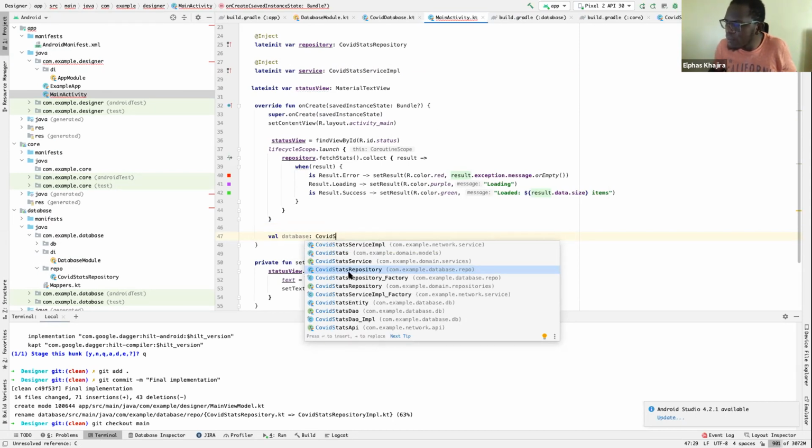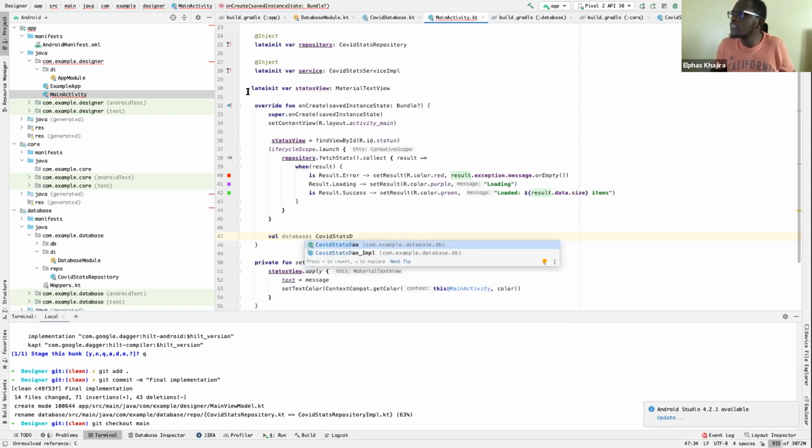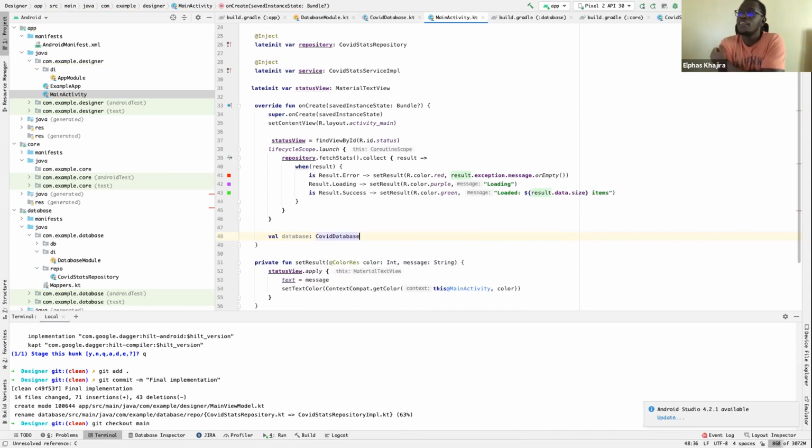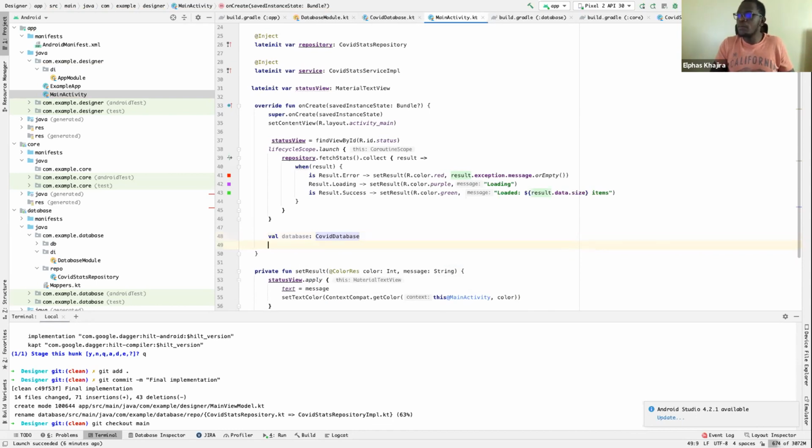I can see the database should be almost somewhere. What is it called? COVID DB. It's called COVID DB. Okay. COVID database. This, I shouldn't be able to see such things. But this application module is supposed to be able to know how to provide me something like Room, so that the other modules can be able to figure out how to basically get an instance of my database.